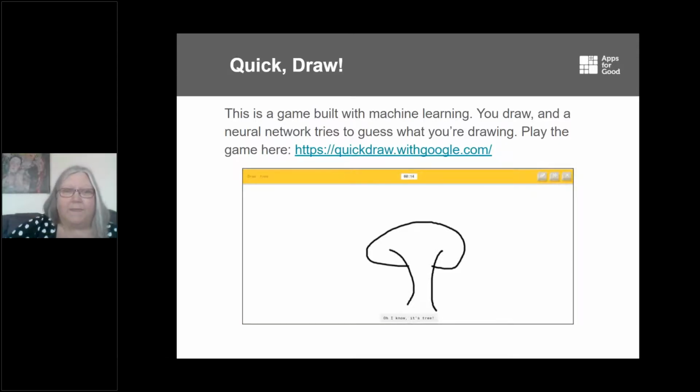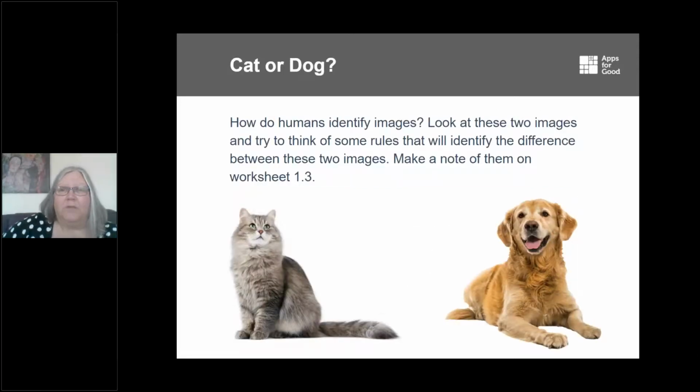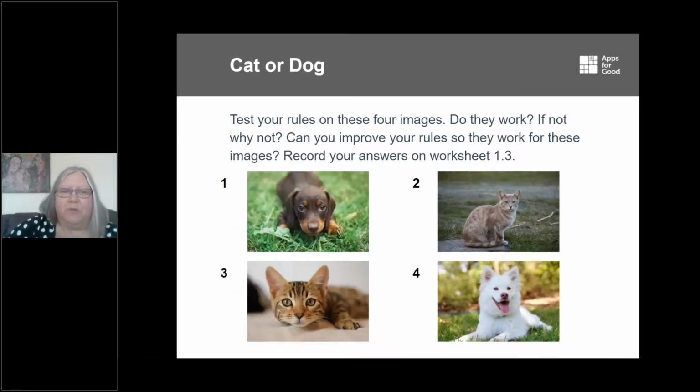Now we take that idea a little further and get the students to think about themselves. I've got 2 images there. I can quite clearly see that one's a cat and one's a dog, but if I was trying to program a computer to do that, how would it do it? So getting them to think of some rules. How could you identify the difference between those 2 images? And once they've got that set of rules, give them some more images.